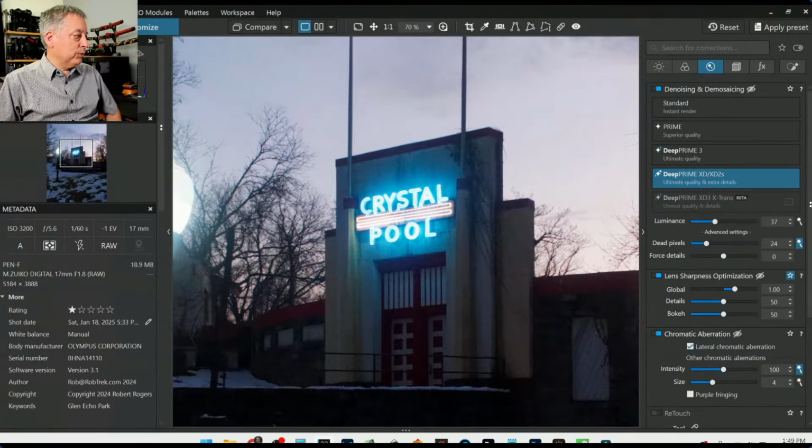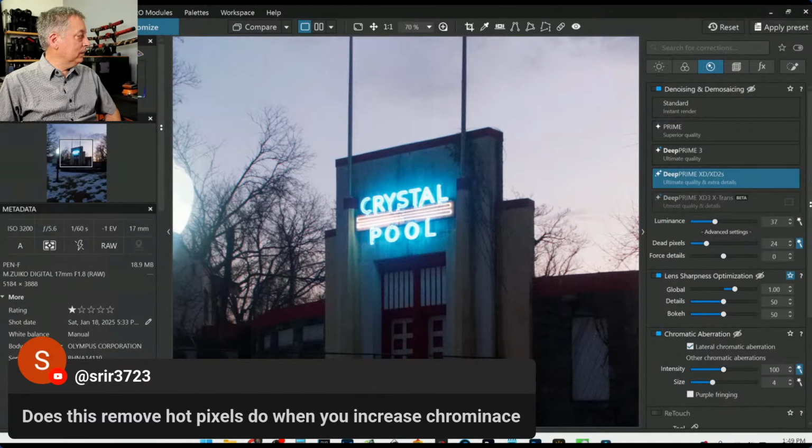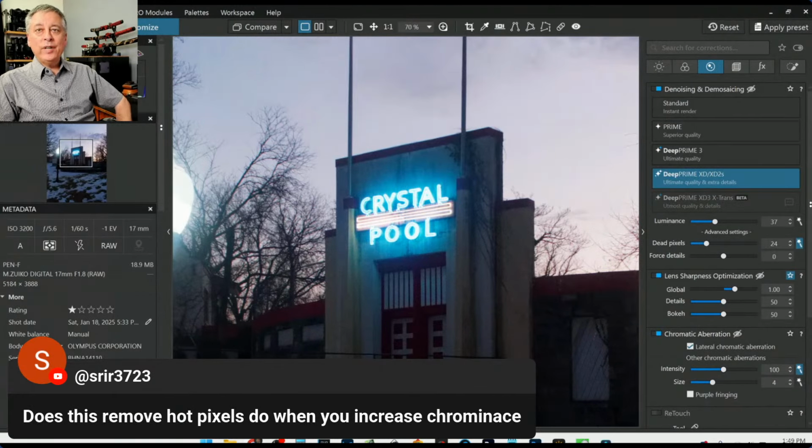There's a quick question here from Shri. I think it doesn't really remove hot pixels. It may do it inadvertently, but it's not a hot pixels type tool. It's really looking for chroma, red, green, blue dots. Hot pixels a lot of times can be red. In those cases, it'll reduce it. But hot pixels tend to be a little smaller, like a single pixel. Sometimes they're larger than that, but this may pick up on some of those and it'll do a decent job,